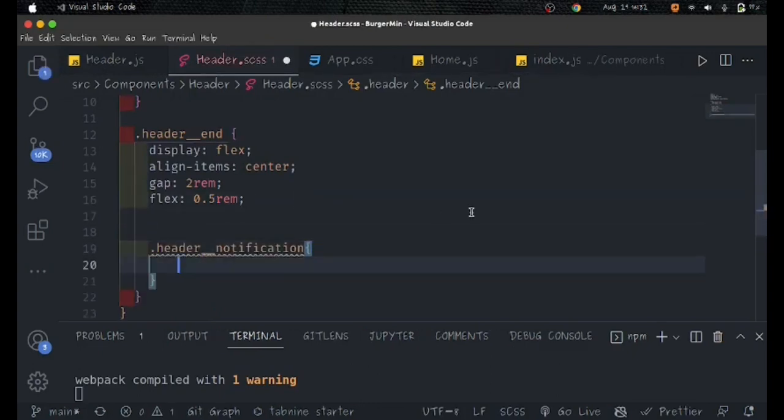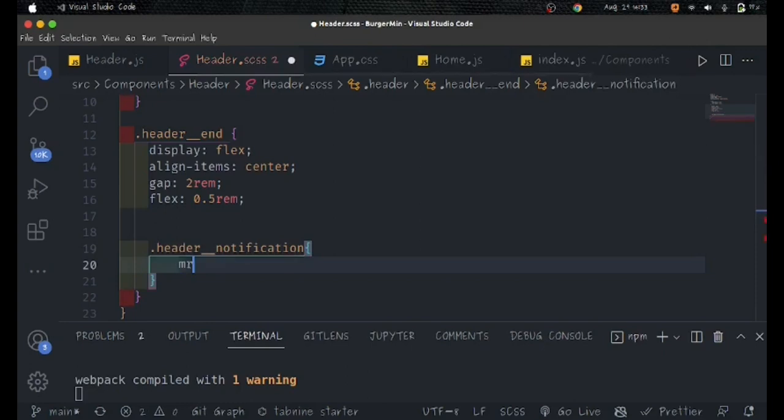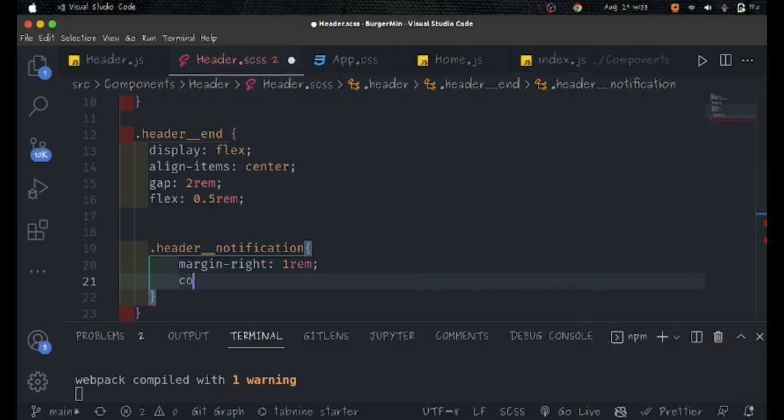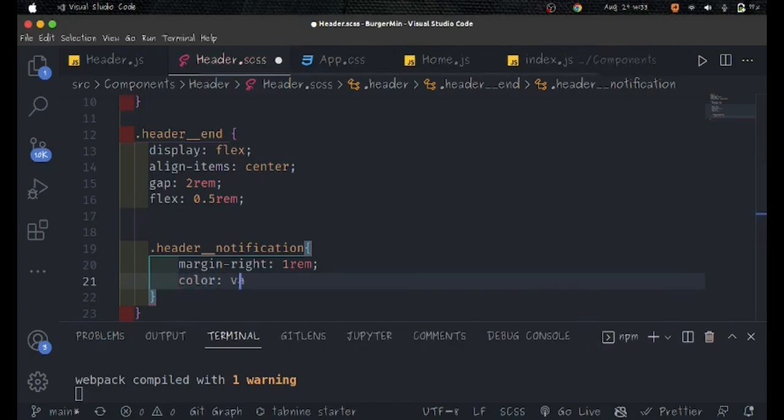Let me just paste it there, header notification, and I'm going to give it a margin right of 1 rem, and it's also going to have a color of var, this variable that we want to be given here, light underscore dark,